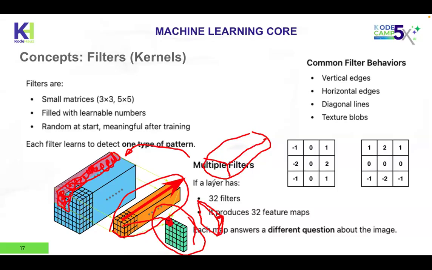So the question you ask is, why does it need this third dimension of so many filters? Remember, each filter extracts a single feature. So the more filters you have, the more features you can extract from each layer. So if you have 32 filters, that means you are extracting 32 features. That's why you have 32 feature maps. Basically, this is a feature map. Just to clarify,